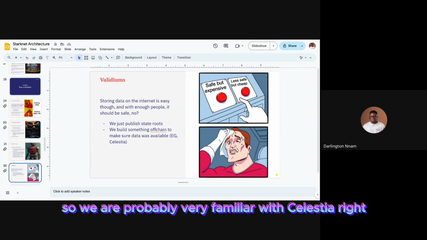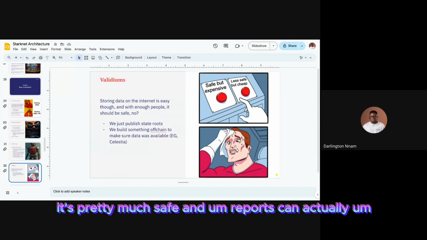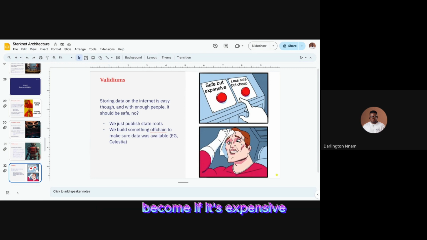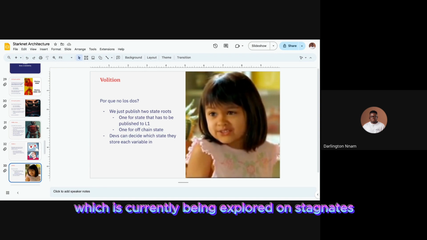We are probably very familiar with Celestia, so you can use stuff like Celestia to keep your data off chain while you publish the state roots on chain. It's pretty much safe, but can actually become a bit expensive. So the solution which is currently being explored on Starknet, and which would probably be the go-to,